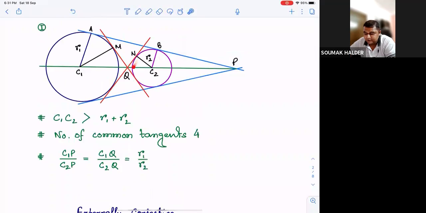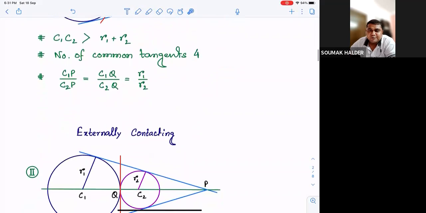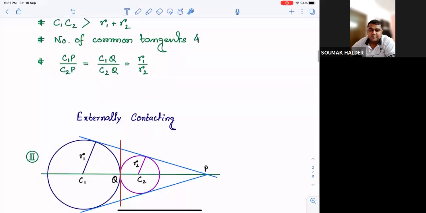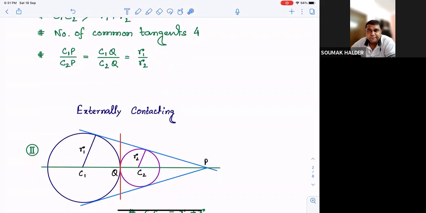If I make this circle approaching towards the blue circle, gradually the angle between transverse common tangent will increase in this section, and this being the supplementary part, it will be decreasing in this part. In this section where the circle has been contained, the angle will be approaching pi, whereas MQN, this part will be approaching 0 gradually. And when the 2 circles pursue a common point, say Q is that common point, then both the transverse common tangents have coincided with each other.